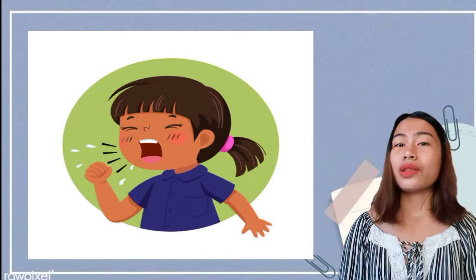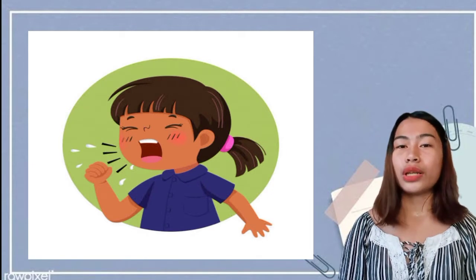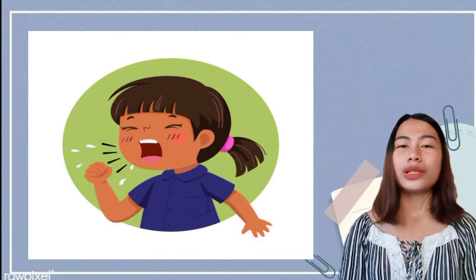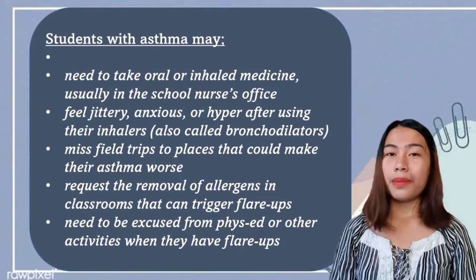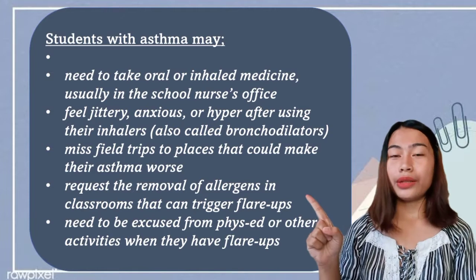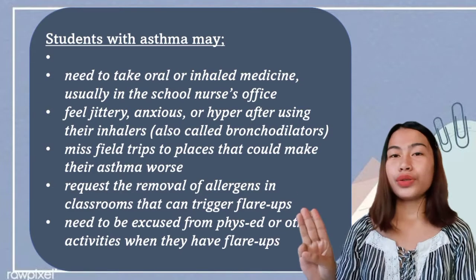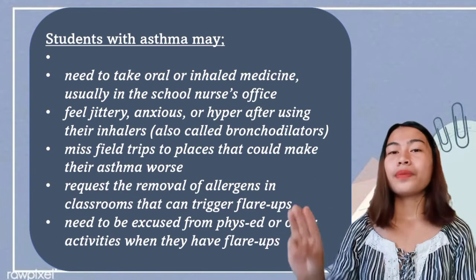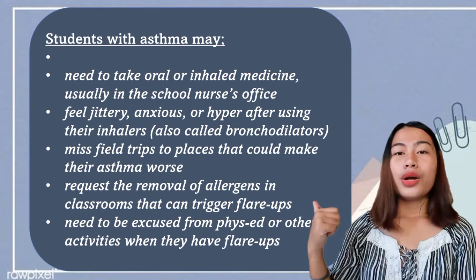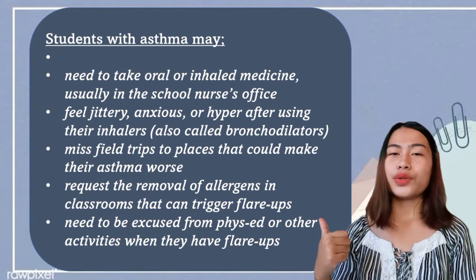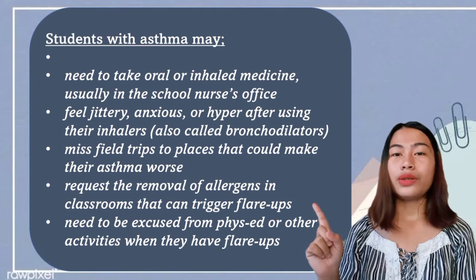This article reviews the physical, emotional, and social burden of asthma on school-aged children, parents, as well as recounting school asthma intervention programs. Students with asthma may need to take oral or inhaled medicine, usually in the school nurse office, feel jittery, anxious, or hyper after using their inhalers, miss field trips to places that could make their asthma worse, request the removal of allergens in classrooms that trigger flare-ups,